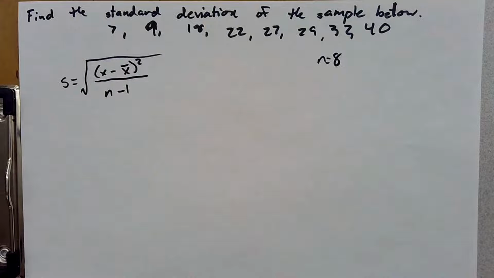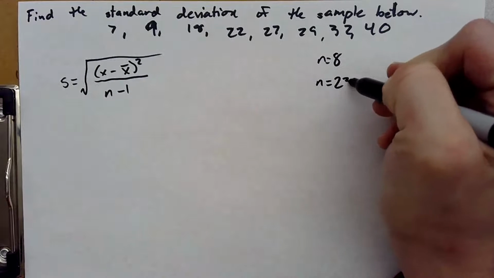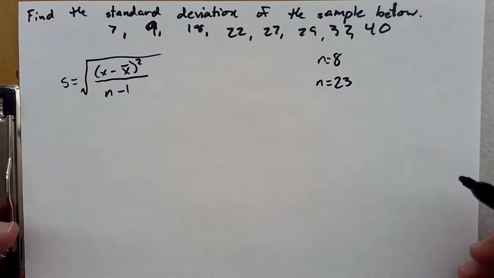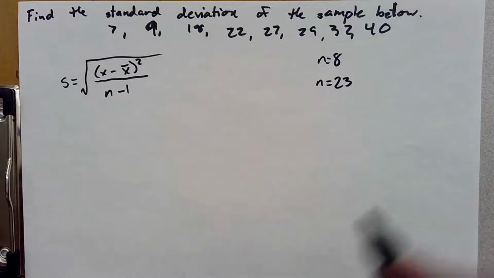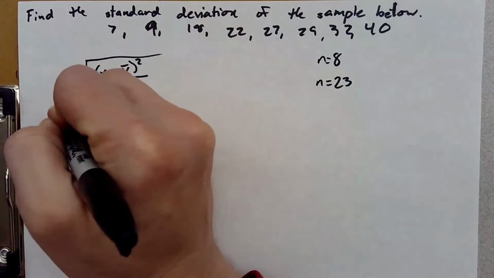and I am not going to bother to calculate the mean here because you guys know how to calculate the mean. The mean here is 23. So we're going to find the deviations from the mean. We'll add them all up, we'll square them, add them up, and then divide by n minus 1 and take the final square root. Okay, so we've got 7 minus 23